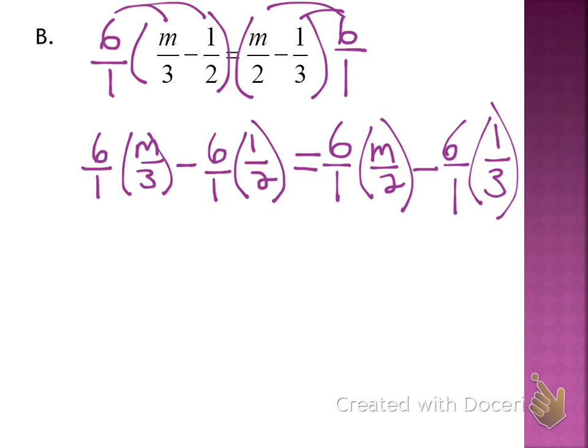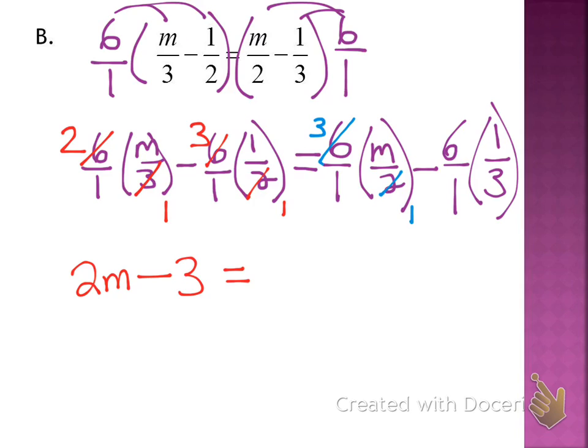So what happens in the front? Good. So I'll have 2m minus 3, good, equals minus, good. All right, from here,